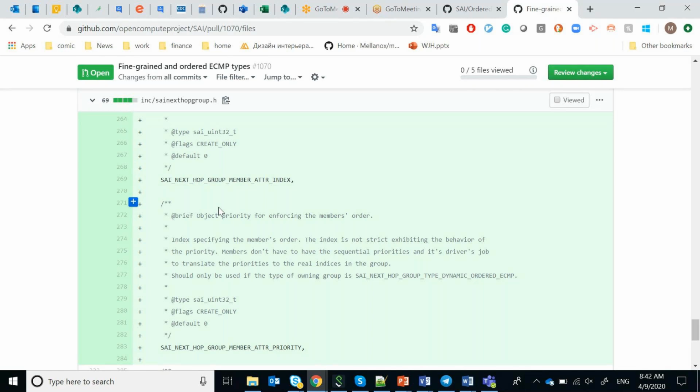In what you have said, right? So whether it's a loose or strict case, we both use ID, but the ID in the fine grain case will mean exact index, but for the dynamic case, it will actually mean the priority, right? So